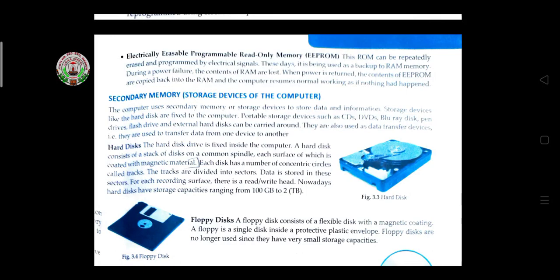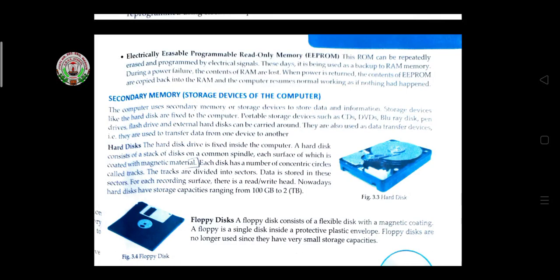So students, today we'll learn about secondary memory, the storage device of the computer. The computer uses secondary memory or storage devices to store data and information. Storage devices like the hard disk are fixed to the computer. Portable storage devices such as CDs, DVDs, Blu-ray discs, pen drives, flash drives and external hard disks can be carried around. They are also used as data transfer devices, that is, they are used to transfer data from one device